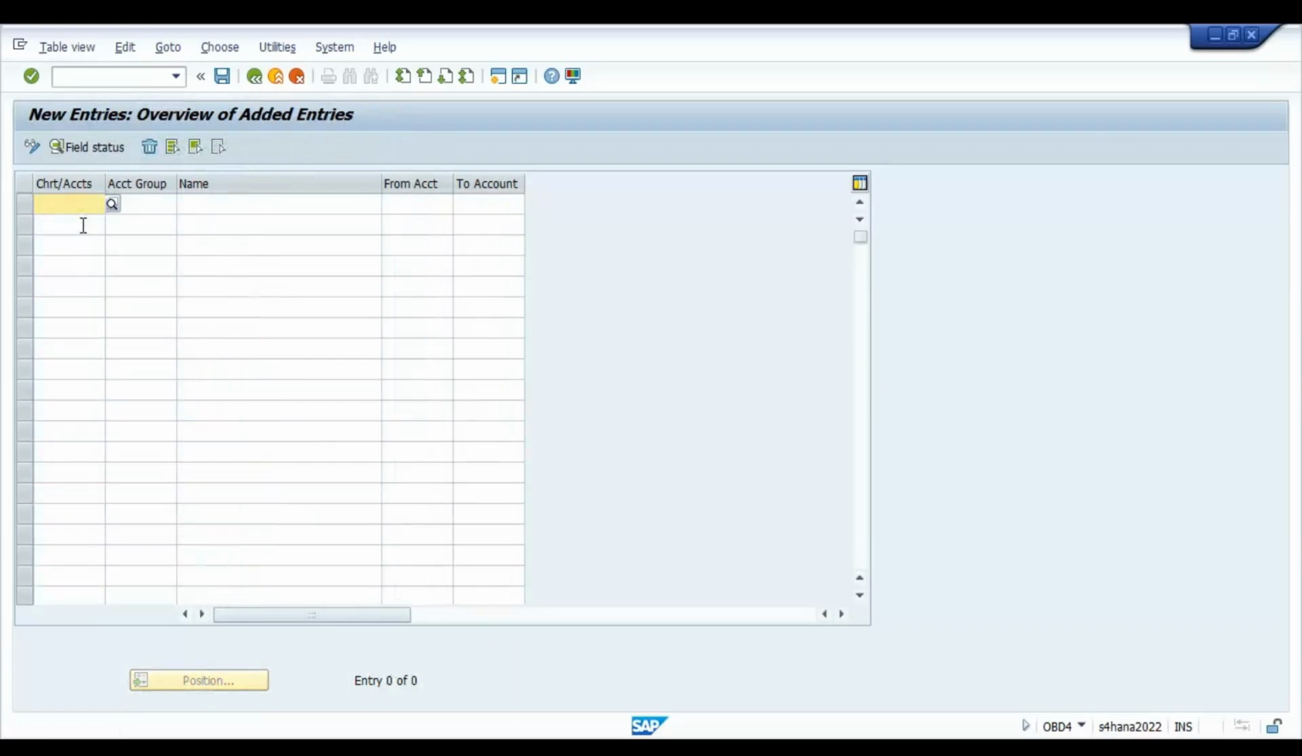Okay, we need to give the chart of accounts here, which is VOLV, and the name of the account group, 1110 assets, and the number range. We will start from this number till triple one all nines. Okay,